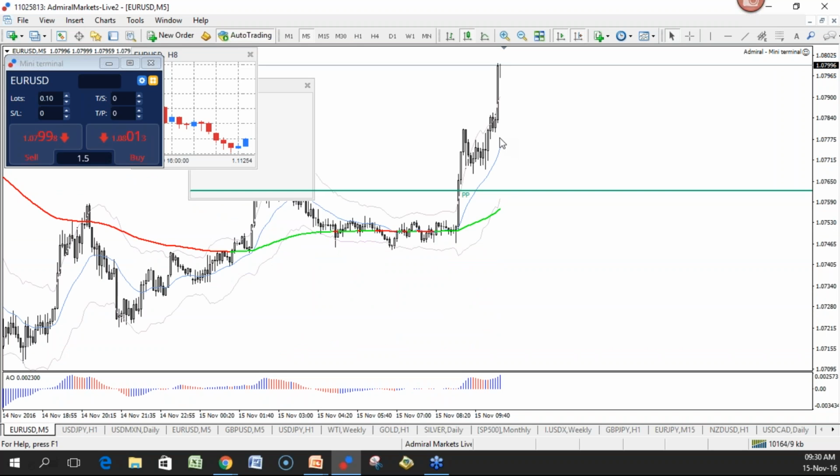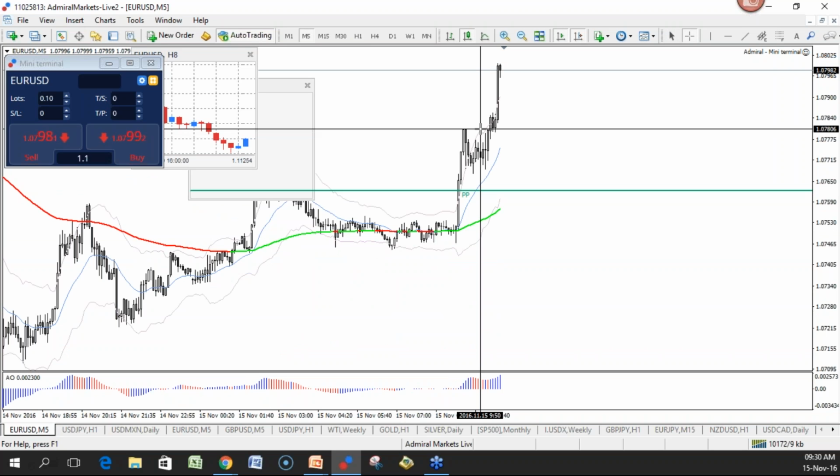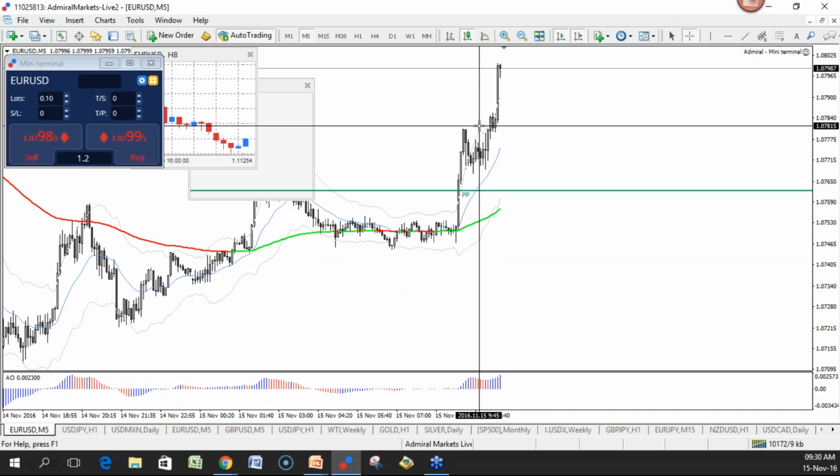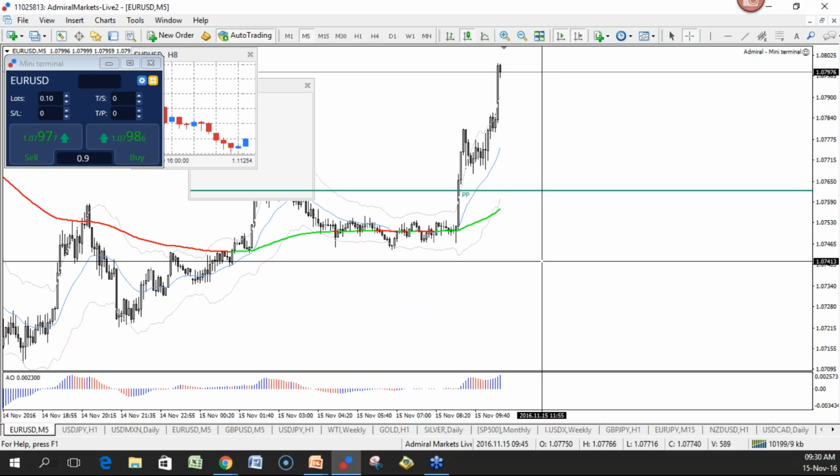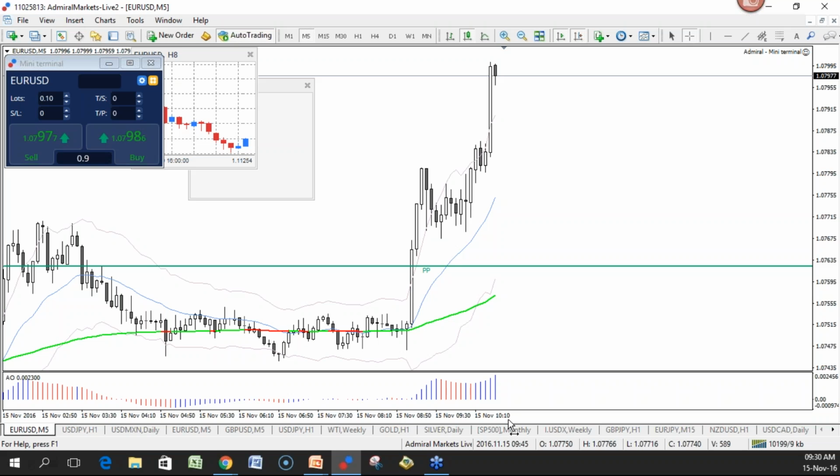Oh, and it broke. Indeed, it broke this range, not making the bull flag I was hoping for. At this moment, it's continuing with that bullishness, and yeah, if it makes a bit of a dip here, I think it could be good